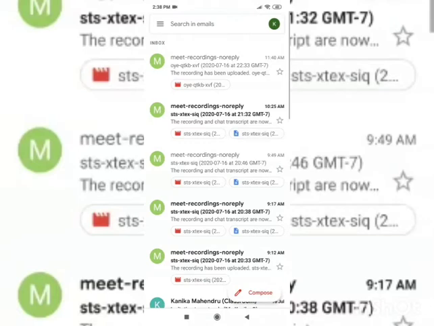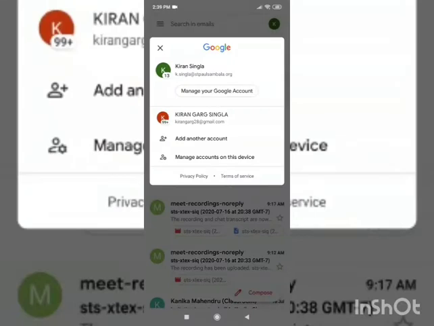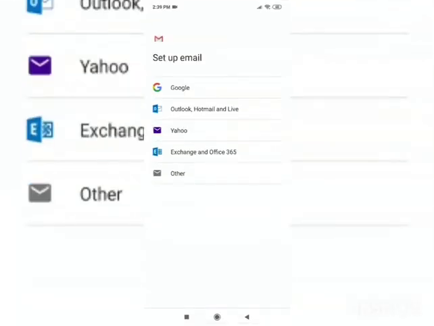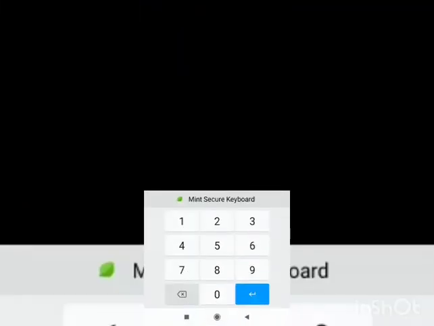On the top right corner there is an alphabet K. It is of my previous ID that I am using in the phone. So I will click on that. After that this screen will appear. In this you have to click on add another account. Then you have to click on Google. If your phone has any password, enter that password.